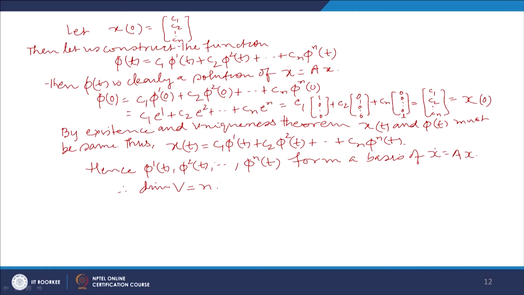So, this means that in order to write the general solution of the vector differential equation x dot equal to Ax, we need to find n linearly independent solutions of the vector differential equation x dot equal to Ax. Now, our next theorem will tell us how to check the linear independence of the n solutions of the differential equation x dot equal to Ax. So, let us go to